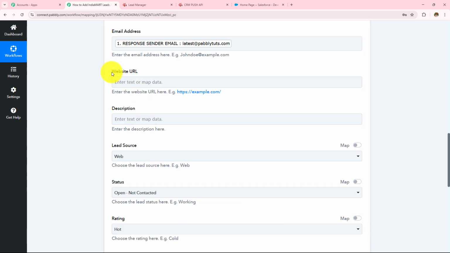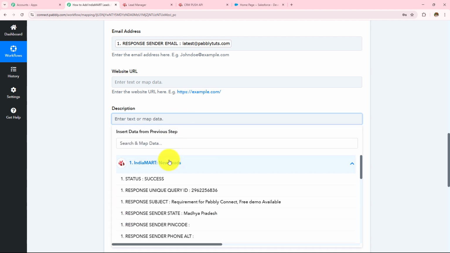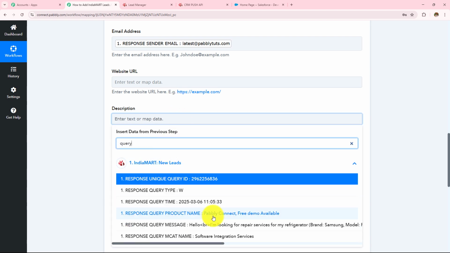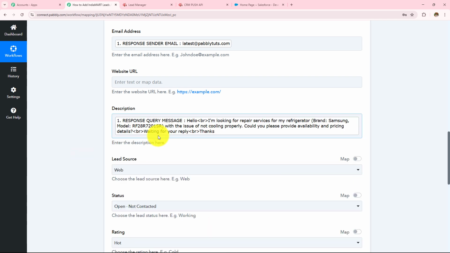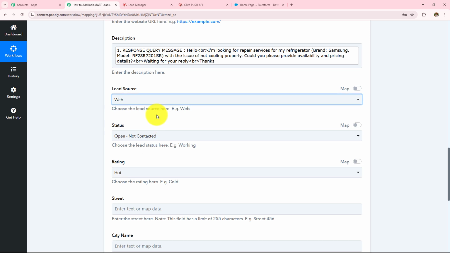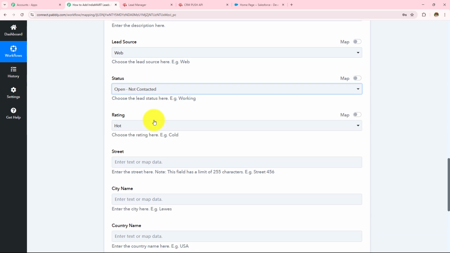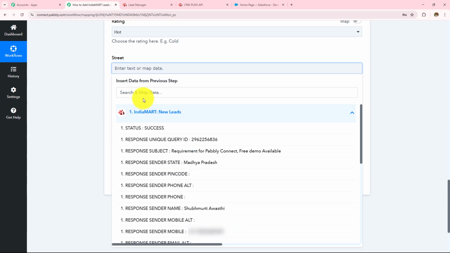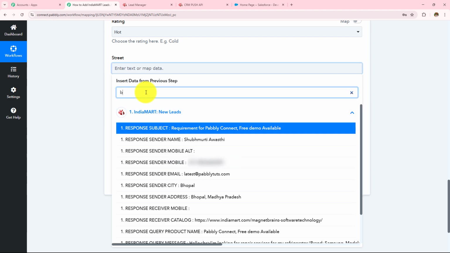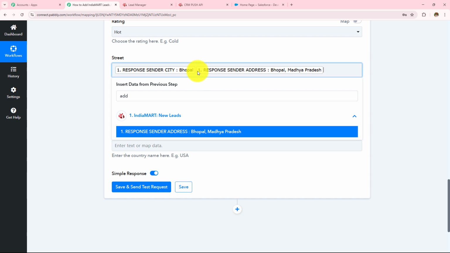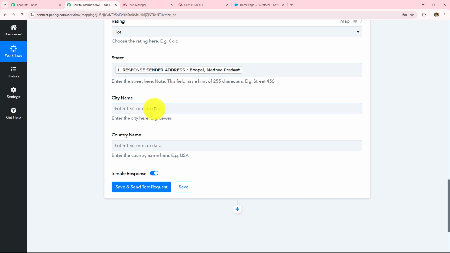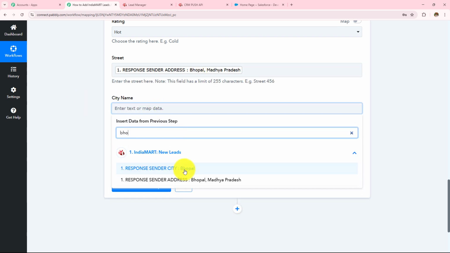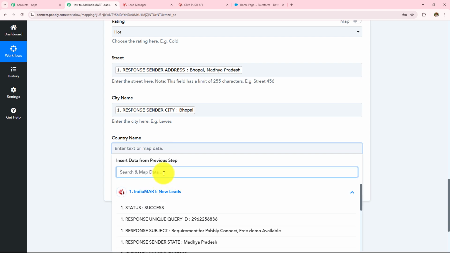Then I have not received this website URL, so I am going to skip this. In the description, I am going to add the query which I have received, which is this one. Hello, I am looking for repair services for my refrigerator. And then in the lead source, I'm going to select this as web. The status is open, not contacted. The rating is hot. Then I've received the street, so I'm going to enter my address, which is this one. And then I have to enter my city. So the city is Bhopal here. And then the country name is...